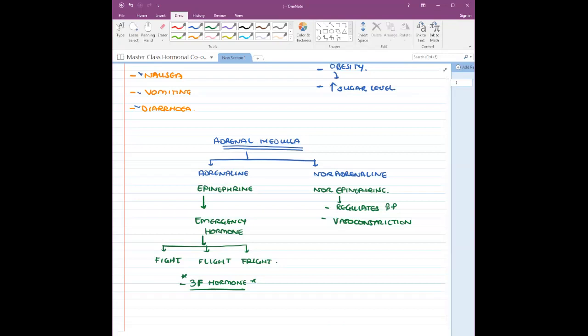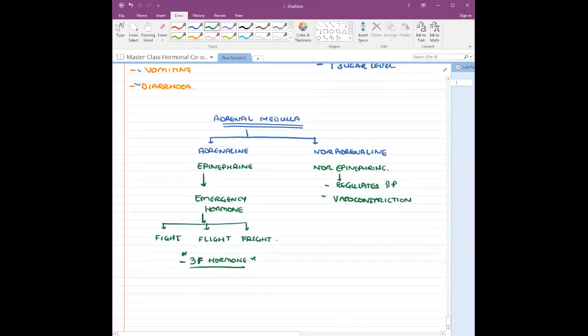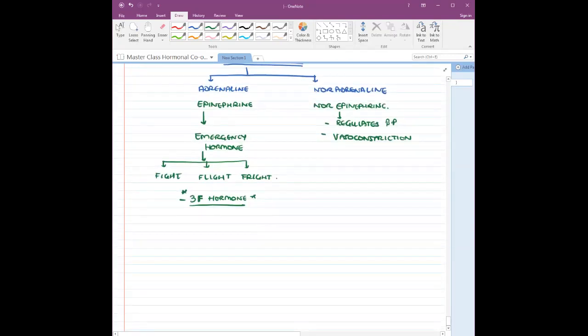Guys, let's take one example. My question to you is, has it ever happened that a mad dog has run after you? If that is the situation, what will happen? Let's imagine this is you over here, and let's imagine we have a mad dog over here. Now, the moment you see this mad dog start running towards you, guys, what are you